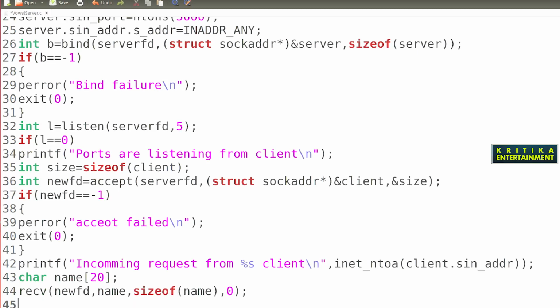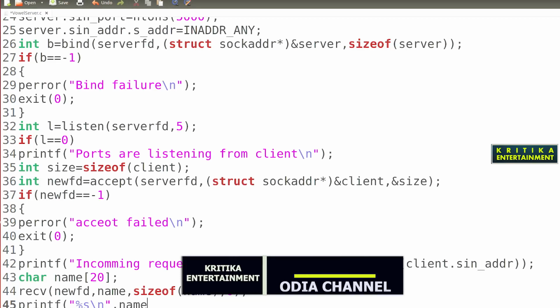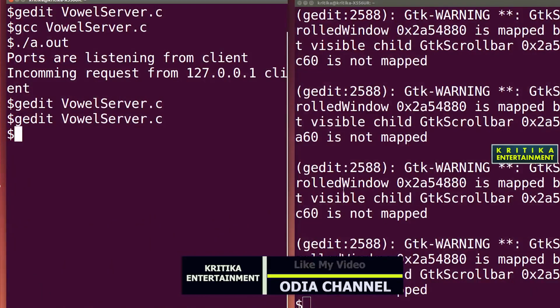Then what to write here, now printf, %s, then backslash n, then name. Then we check whether it is actually received correctly or not. If received, then I will continue the program.